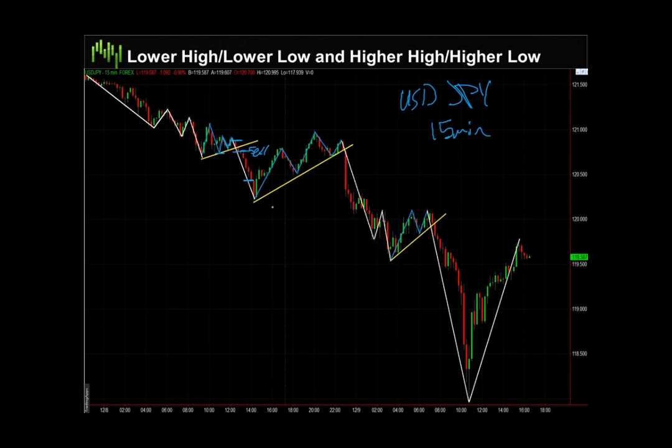Now here, I would have considered this a trend reversal. However, I still would have taken this short here. Why? The reason I still take this short is because we have a really well-defined trend line that's been hit 3 times that the market has pivoted off of every single time. And then when we break down here, we put in a lower high.